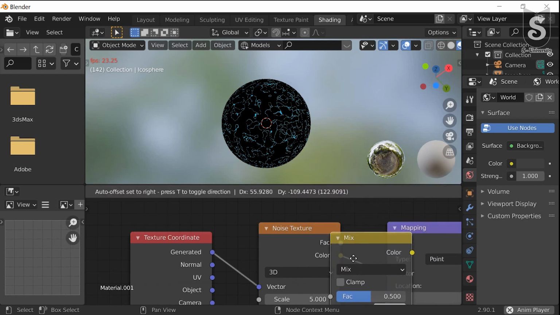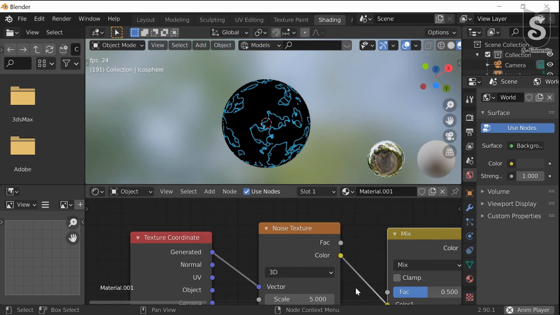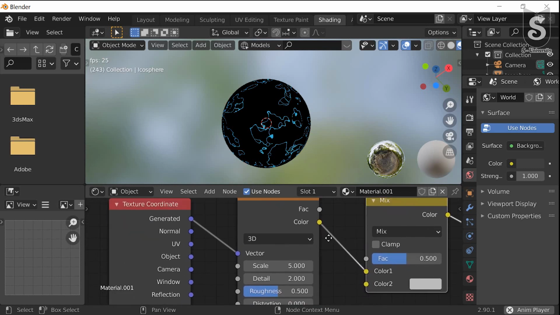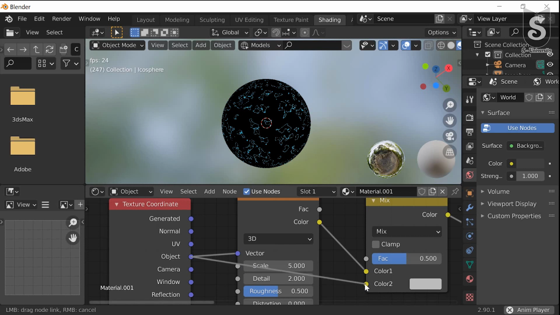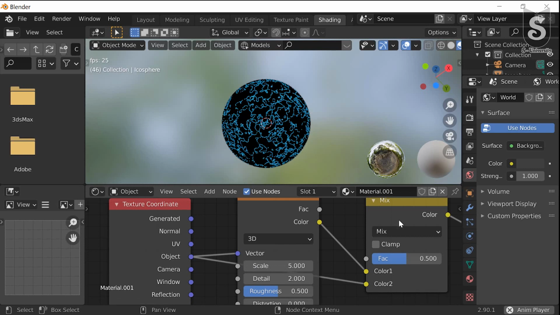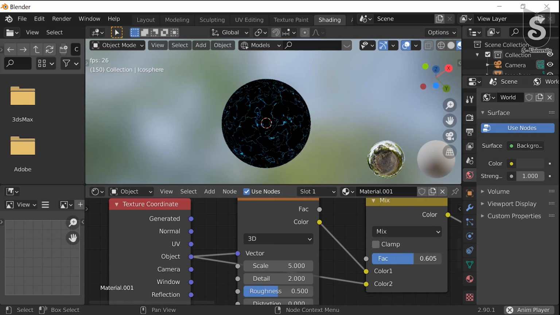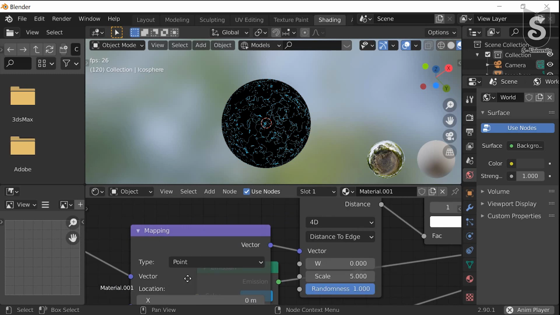Place it between noise texture and mapping. Now change this to vector, and this will give the second input to the mixer. Now adjust the factor accordingly.